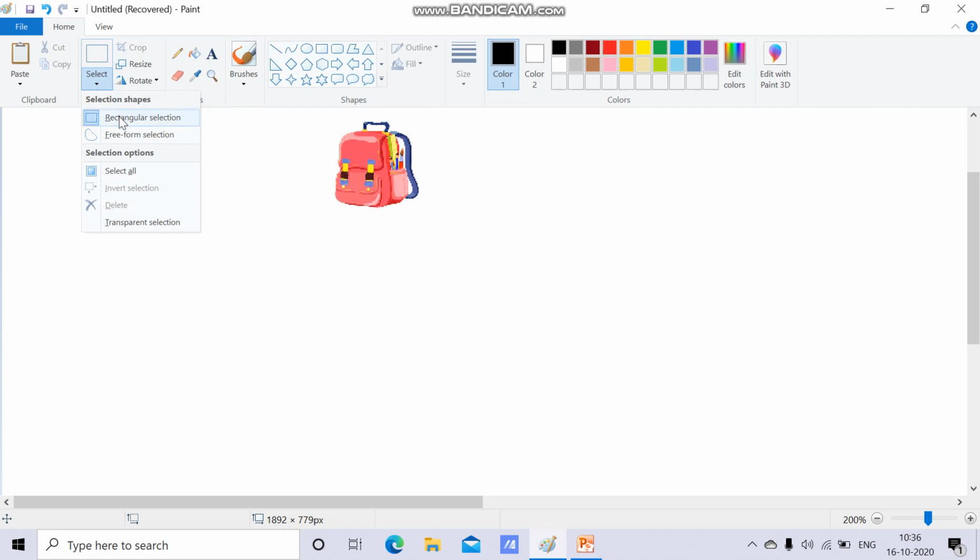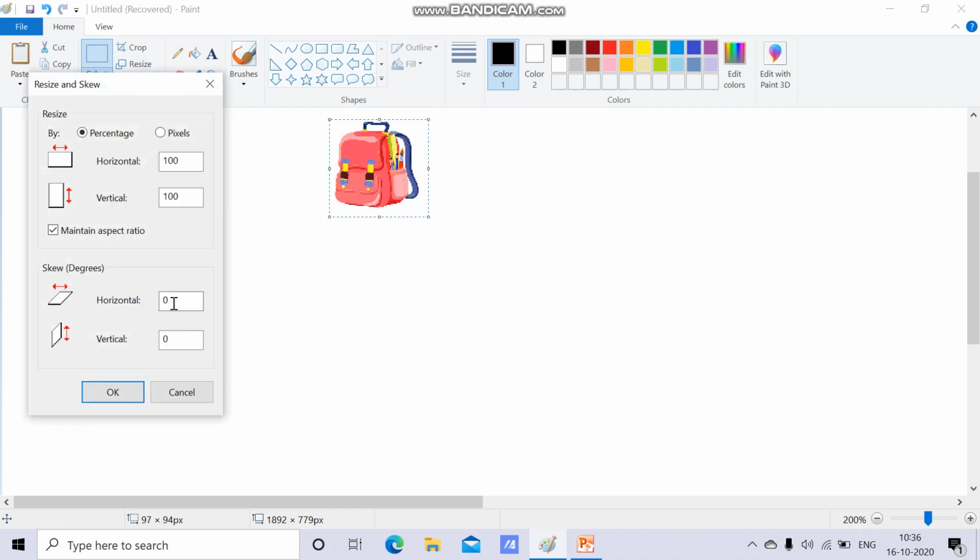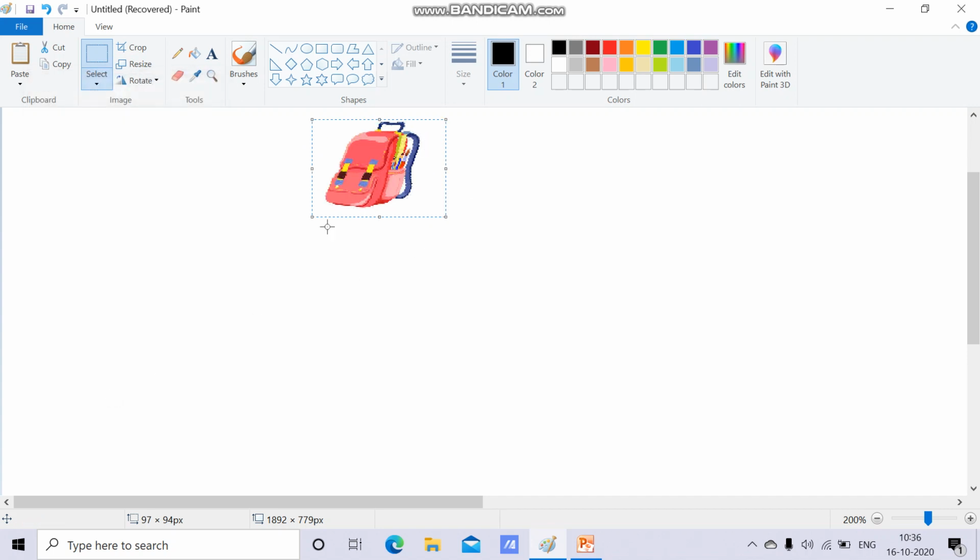Same way again, if you want to skew it, how you can skew it? Select, drag it, go to resize. Now skew. How much you want to change? Okay, horizontally. See, horizontally ये थोड़ा तिरछा हो गया.